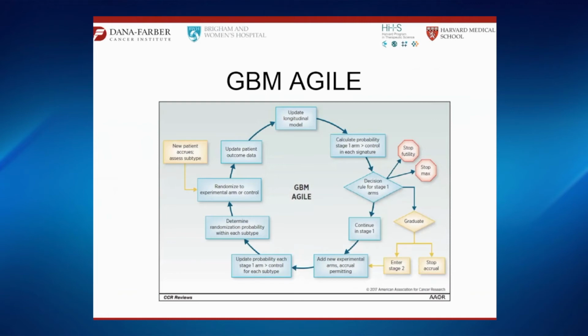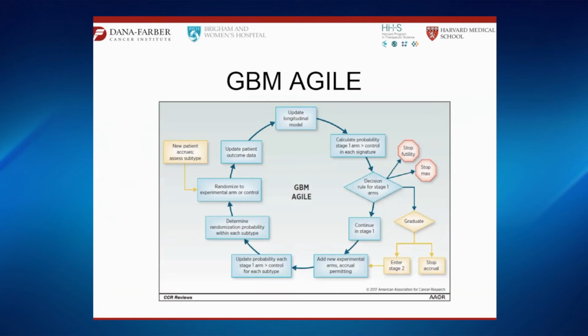And what it really turns out is 2 things. One is that if a drug is working equally well in newly diagnosed and recurrent, then you have a doubly powerful trial just by combining those trials into one trial. And 2, you can create a situation where if this trial is open and the platform keeps going, then patients can come into a clinic and just enroll on GBM-Agil, whether they're newly diagnosed or recurrent. We're just learning as much information as we can from every patient that